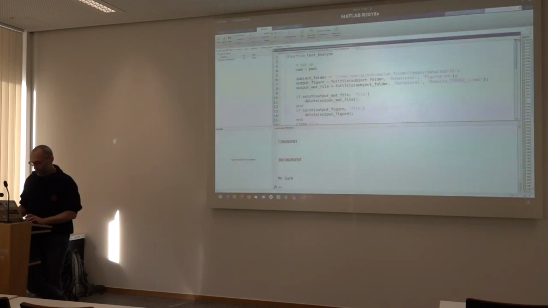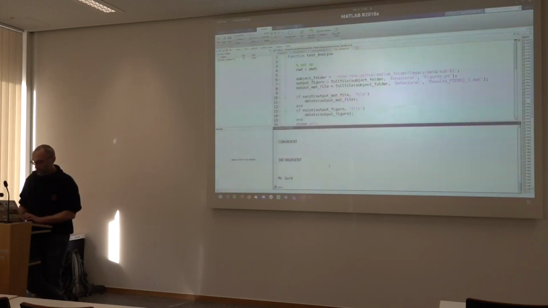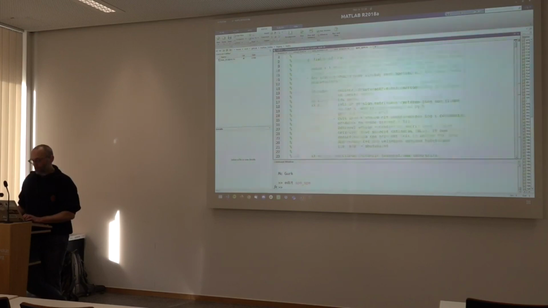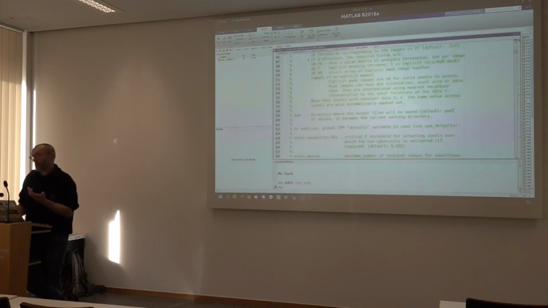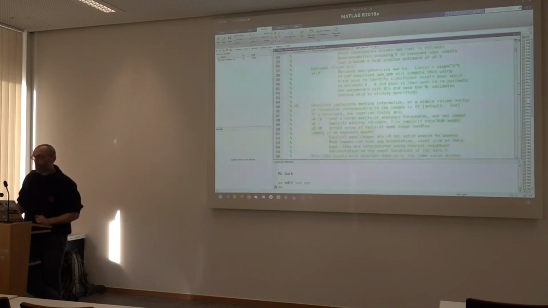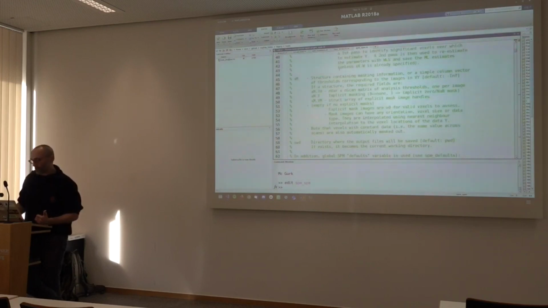okay, I have SPM here for those who do fMRI, but let's open the main function from SPM. All of this technically, all the help section for example, is technically comments, right? And you cannot really express that in code, right? So it's sort of explaining the overall purpose of that function and describing all the inputs and outputs is definitely something that you would not be able to express in code, right?